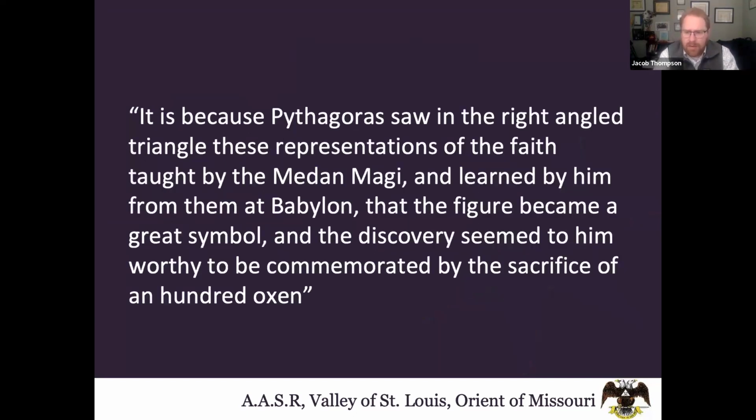So, having digested all this, Pike comes to the conclusion that it is because Pythagoras saw in the right-angled triangle these representations of the faith taught by the Median Magi. So he says that basically Pythagoras saw in the right-angled triangle, the 3-4-5 triangle made by the theorem, a representation of Ahura Mazda, or the Amesha Spentas, with the 4 male and 3 female. And he learned that, of course, in Babylon, and that figure became a great symbol. And its discovery, of course, in its relationship, this idea of the continuation of representing the divine, was worthy to